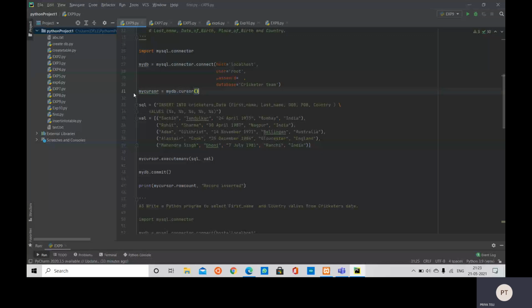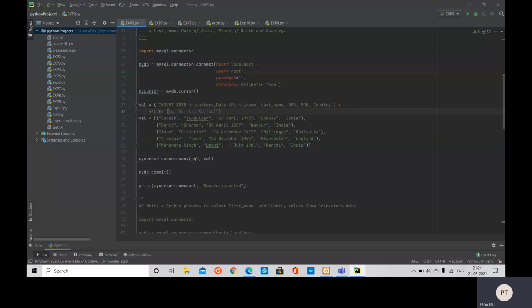This is the command insert into, followed by a space and this table's name, which is cricketers data. Here the database name is cricketer team and the table name is cricketers data. Also we will specify the columns which are there in this database, and the data to be inserted will be of type varchar.